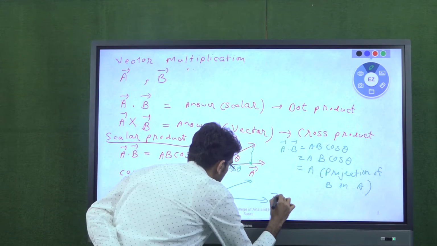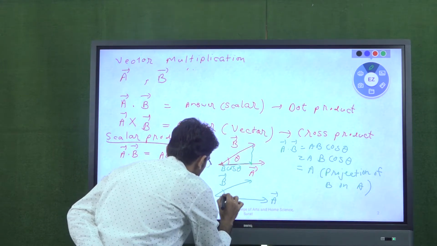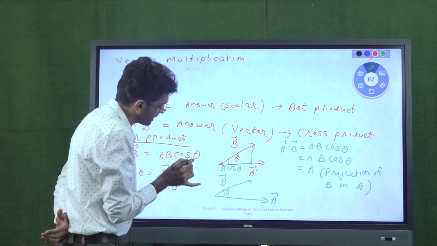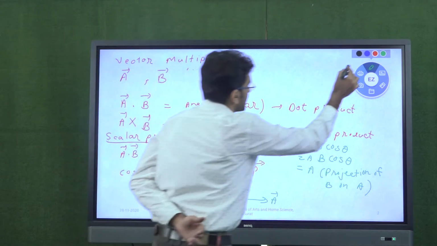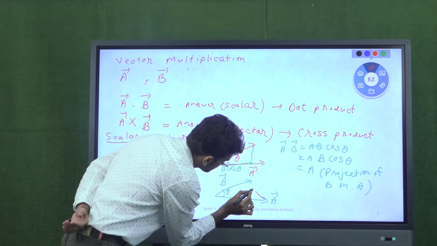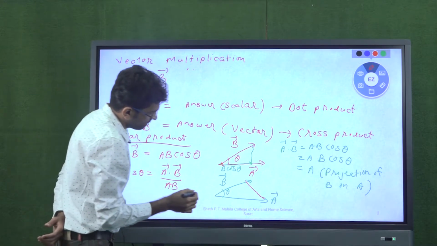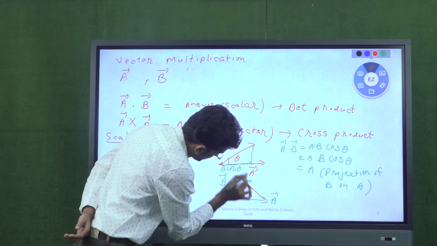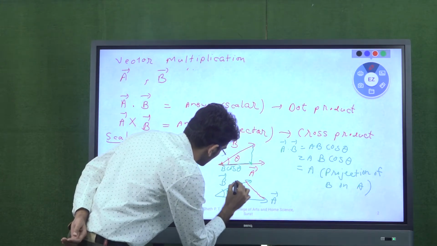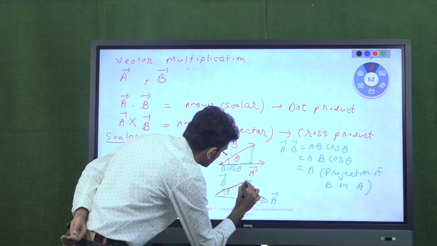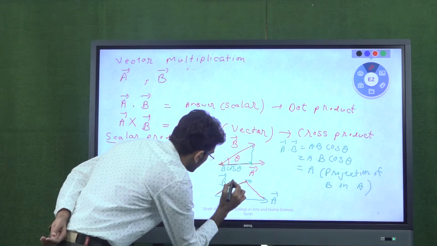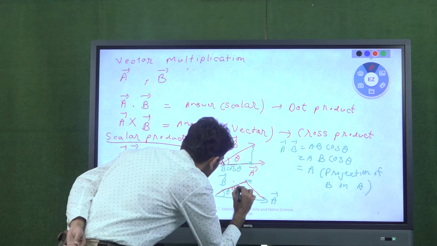So vice versa, if I want to write this down, I will draw another figure here. Let's say this is my vector A, this is my vector B, and this is the angle between these two vectors. Now I want to take the projection of vector A in the direction of vector B. So that will be like this. This projection will come somewhere here, and that is a perpendicular projection that I have to take here. So in this direction, vector B is as it is, but what is this part? What I am indicating with this red line is nothing but the projection of vector A on the vector B. So this part is your A cos